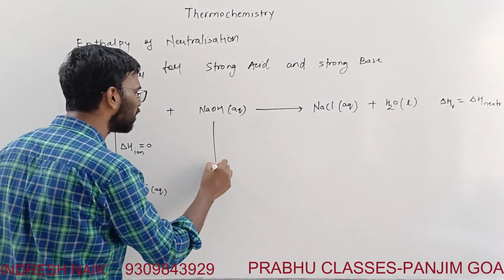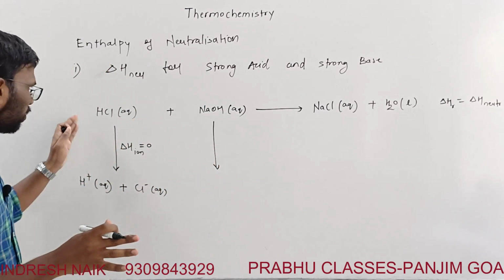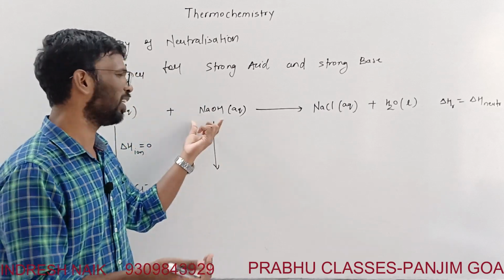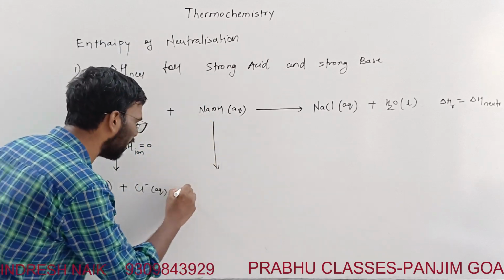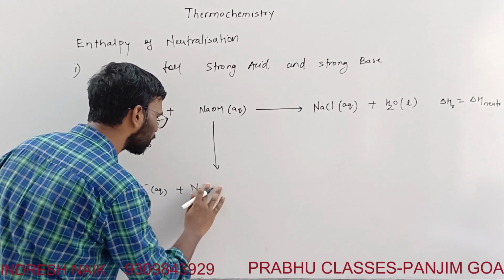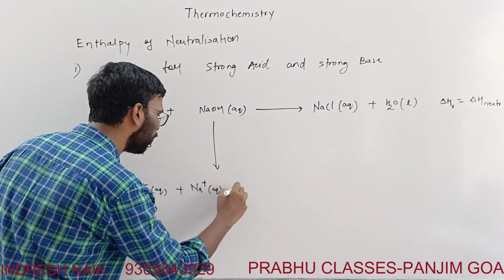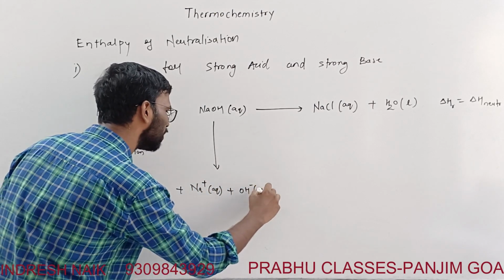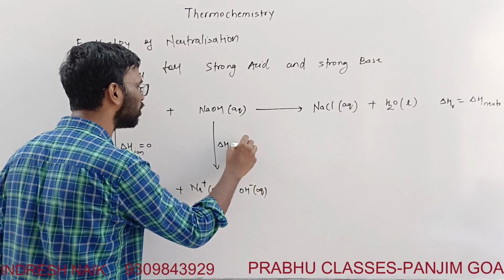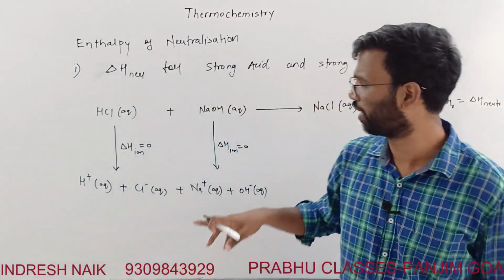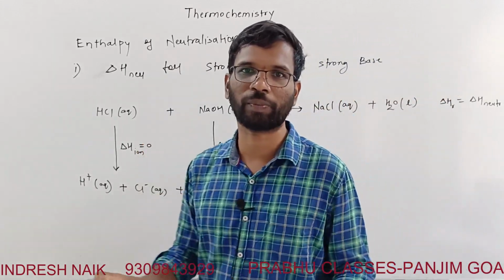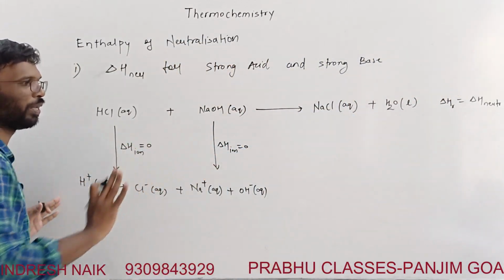Now you take this is a strong base. Like a strong acid, this is also a strong base. NaOH in the aqueous medium will not stay as NaOH, but it would stay as Na plus aqueous and OH minus aqueous. Done. So here also the enthalpy of ionization is 0 because it is a strong base, right? When both are strong, they tend to stay this way only. In an aqueous medium, you don't have to supply energy to break them apart.